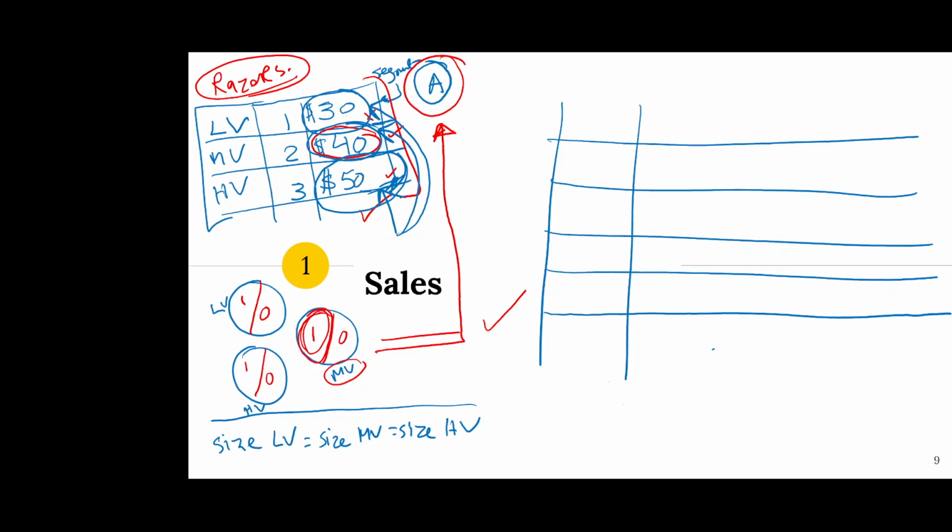We don't want to put it always on $30. We want to put it depending on the system. We're going to let the system tell me, shall I put it on 30 or shall I put it on 40? Thinking that always putting the product on a discount of 30 will make me more money, because these people will buy and these people will buy, might not be true. The assumption that if I put the product on this discount all the time, the minimum, then the low valuation, medium valuation, and high valuation will all buy is not necessarily true, and the solver will show you how. So we need the solver to find for us the prices here